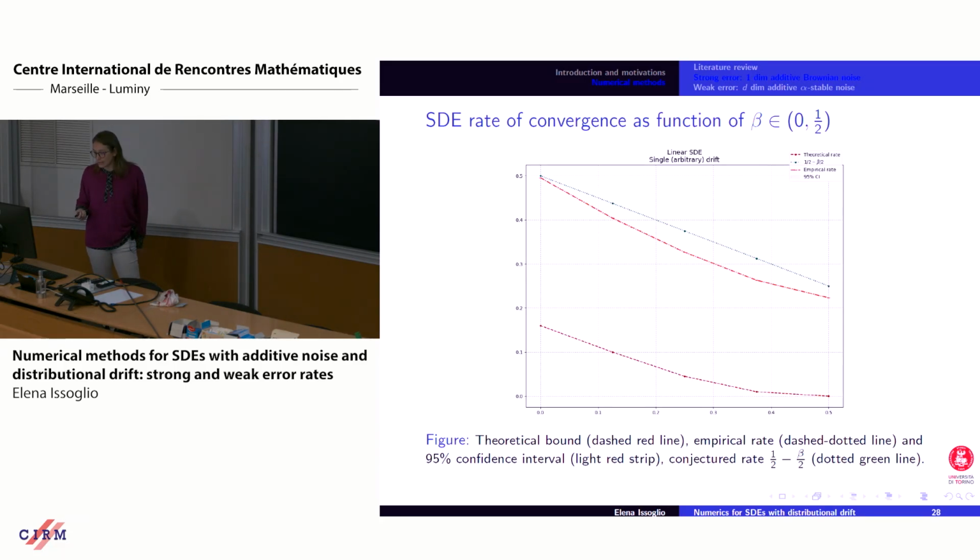And then the rate we get in practice is much better than the theoretical rate. This is the theoretical rate. This is 1/6 here. This is 1/2. The green line on top is 1/2 minus beta/2, which is the equivalent of 1/2 plus alpha/2 that was obtained for alpha-Holder continuous functions. So if the regime would continue from positive to negative regularity, it would be the green one. And what we get is this line here. This is the numerics, this red one.